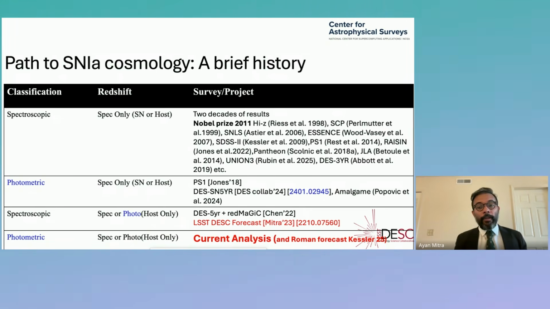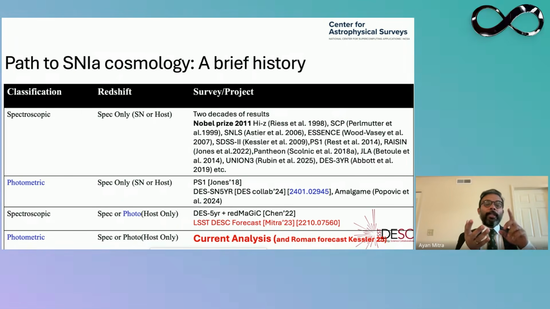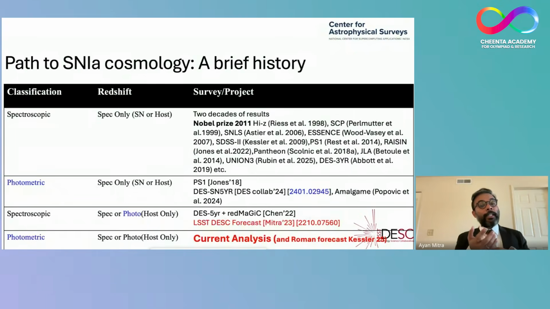Initially the thought is we're throwing away quality, but if you can do a fully photometric approach, like classifying photometrically and having redshift also photometrically, and do cosmology with that, you will have tens and tens of thousands of supernovae.